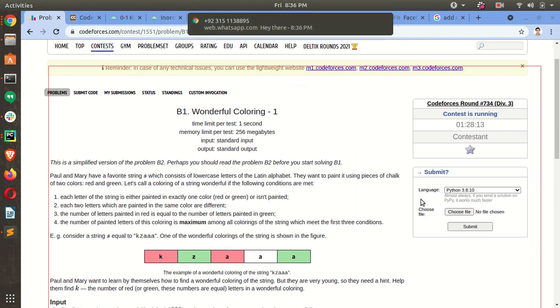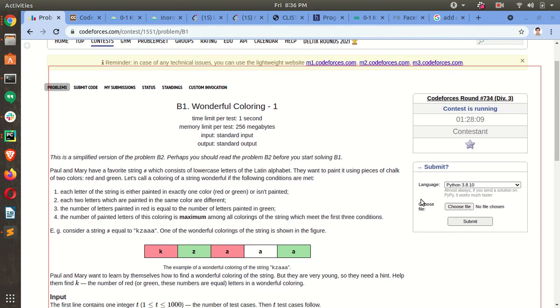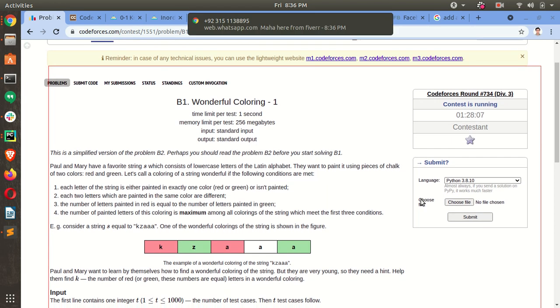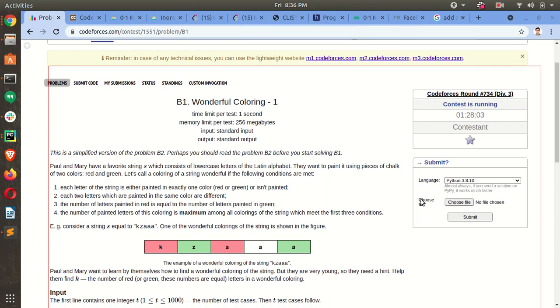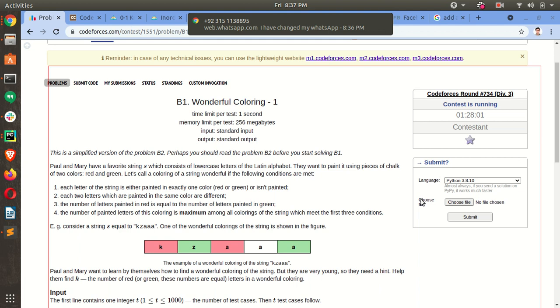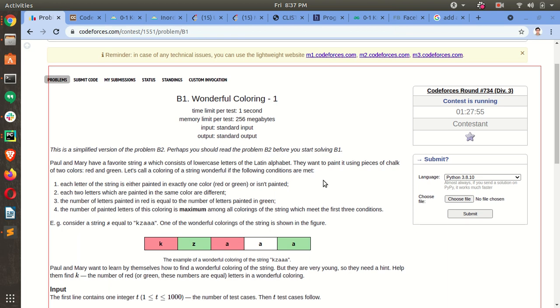Okay, so how to solve this problem? What is the problem statement?